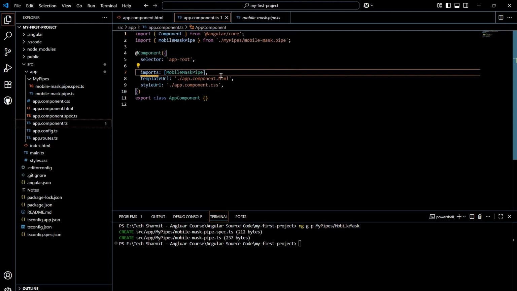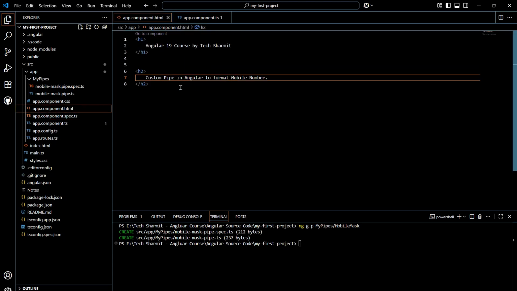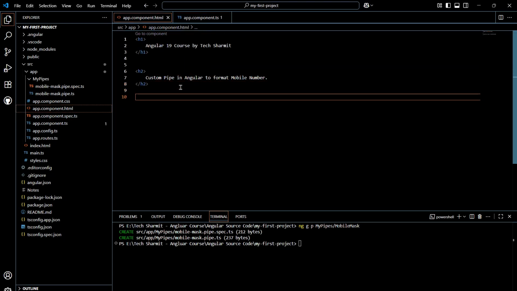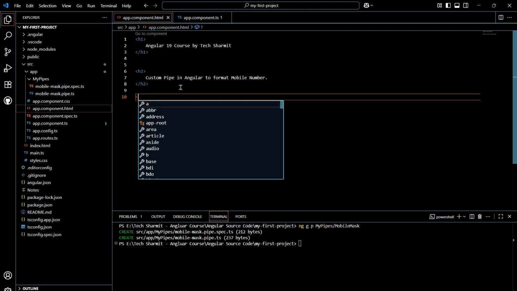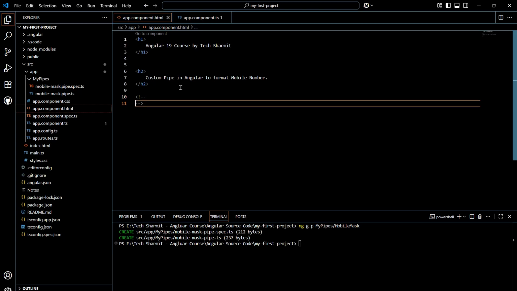Now the next thing is we will use this pipe to build the logic. But what exactly do we want to build? We should make that clear first. So let me go to the app.component.html file. Here I'll show you the sample input and sample output, and then we will build the logic. Let's add one comment so that you can see what we are going to implement, and in this comment we will write